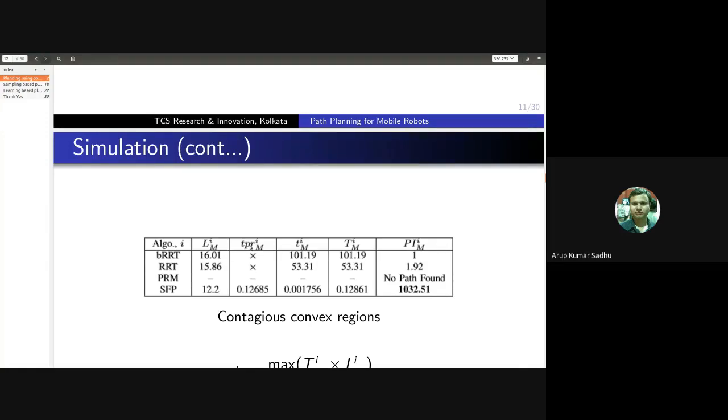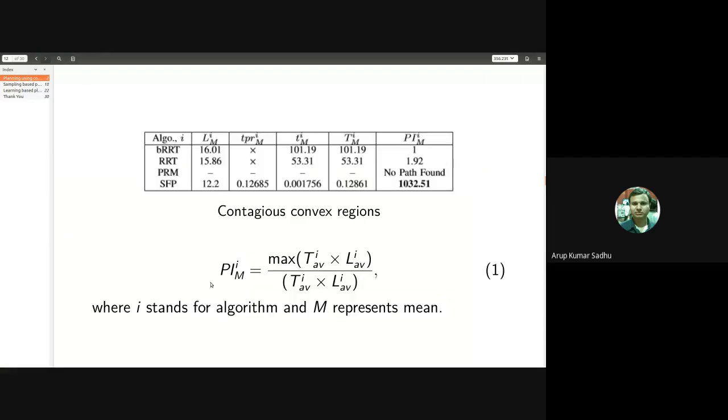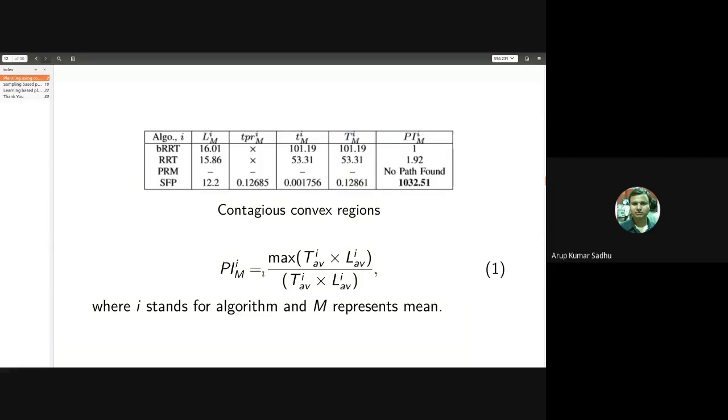These are the runtimes in seconds, and the first and second columns are the path length. This is a formula to compute the above information, where T is the time, L is the path length, average time and average path length. We call this the performance index.